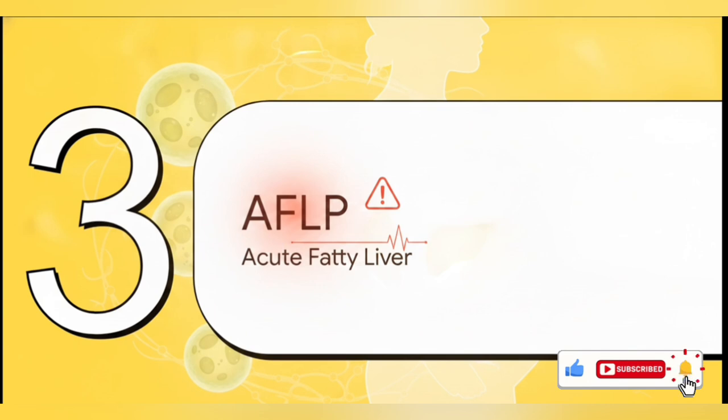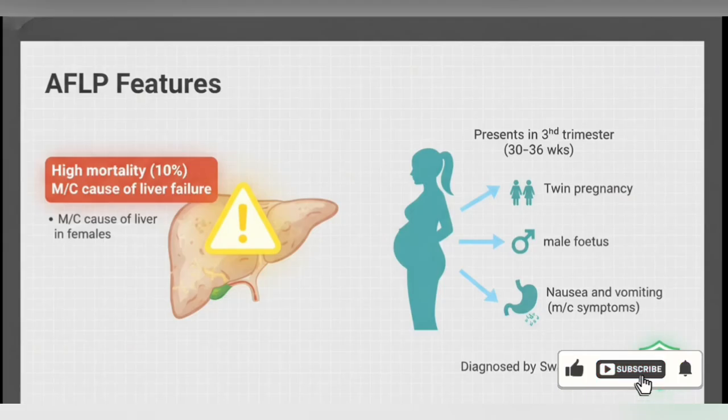Section 3. AFLP. Acute fatty liver of pregnancy. You absolutely cannot afford to miss this condition on the wards. AFLP is actually the most common cause of liver failure in pregnant females, and it carries a terrifyingly high mortality rate of around 10%. It usually presents in the 3rd trimester, strictly between 30 to 36 weeks. The clinical presentation might trick you at first. The most common initial symptoms are simply nausea and vomiting, which can then rapidly progress to fulminant liver failure, jaundice,